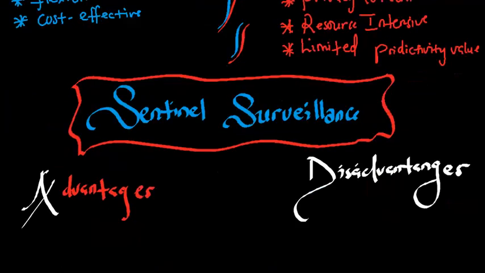The last thing we're going to look at is sentinel surveillance. When we say sentinel surveillance, this focuses on a subset of healthcare facilities, laboratories, or geographic areas that represent a larger population. The first advantage we have is accurate information. What about the disadvantages? In this case, some cases of similar interest may be missed because in sentinel surveillance,